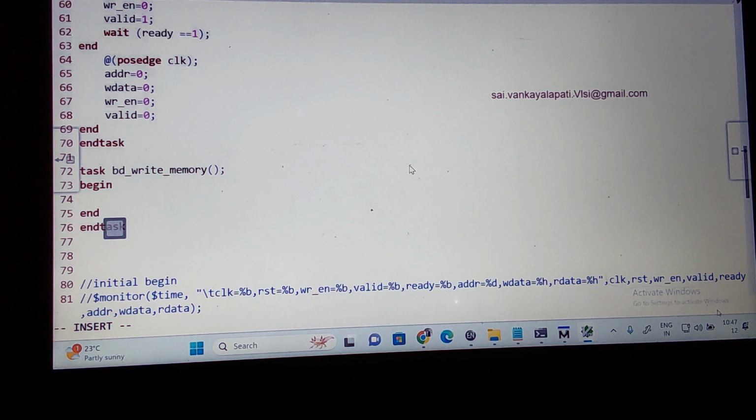Now why we are doing this through a task is, you know, you can do this without a task also. There's no problem to do the backdoor access without a task. But we are doing this using a task for code usability and really easy understanding. Right? And what is the task I should write here?